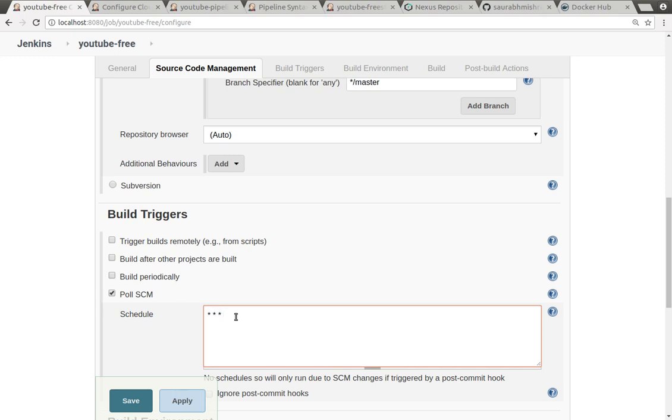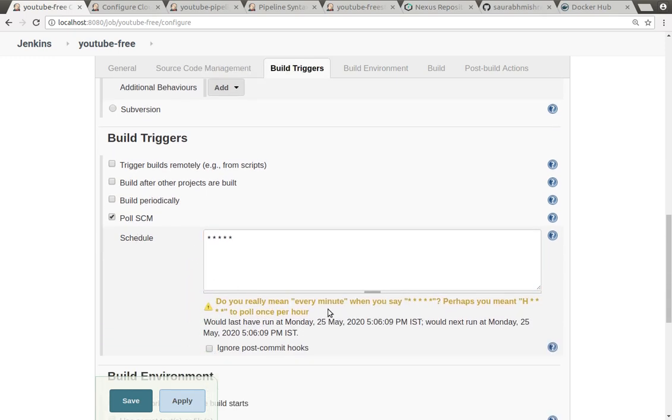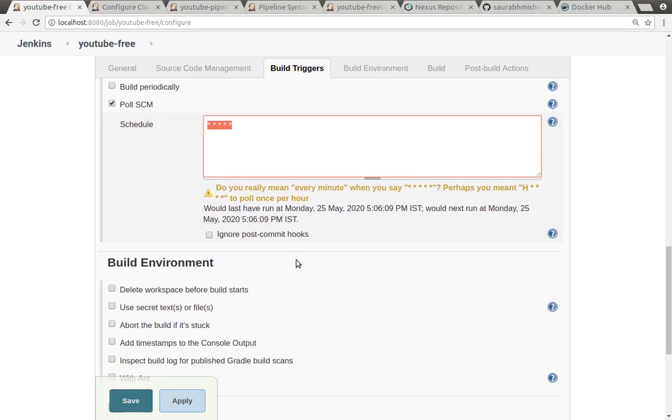Each star denotes a different time field. Once I click elsewhere, you can see that it is trying to configure that and giving you a hint about what exactly the five stars mean. It means that every minute it will check my Git repository, and if anything new changes, it will start the build process. So for Poll SCM, I'm giving it every minute. Let it be every minute.